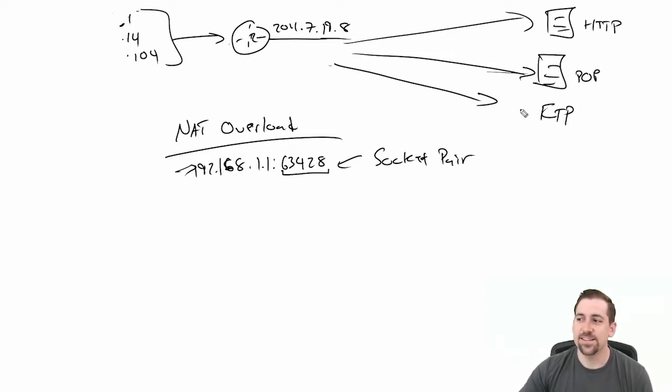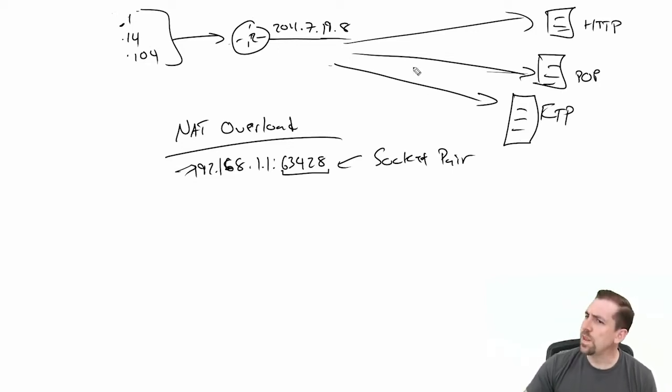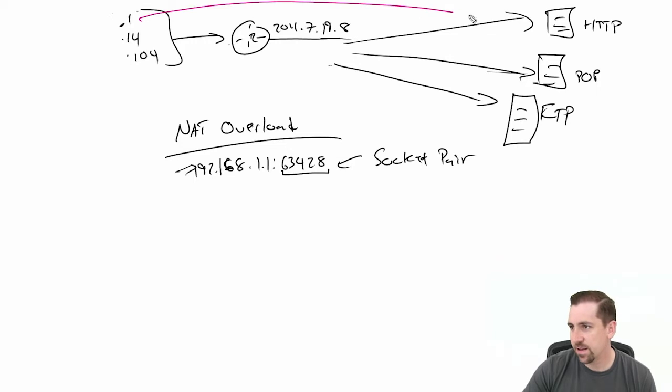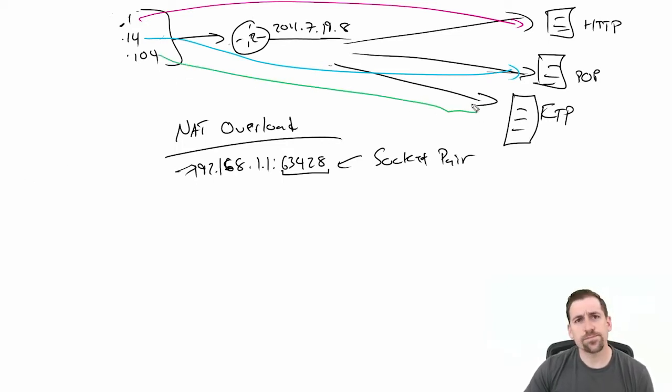I'm just listing application services or destination ports as well. When these hosts are communicating out, I'll use some different colors here to identify. 14 and 104, when they're communicating out to those